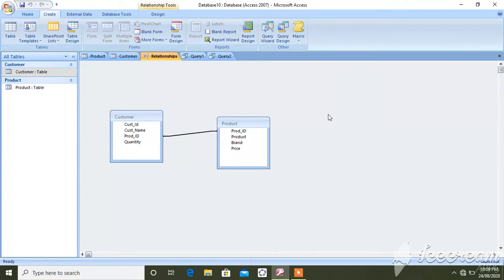Okay, suppose you went to a shop and you want to purchase something, some denim jeans, and in that shop there are 10 quantities of jeans. Now see, there are two tables, meaning in the computer two tables are maintained. One table is for customer information, what products they purchase, and another table is for the product.